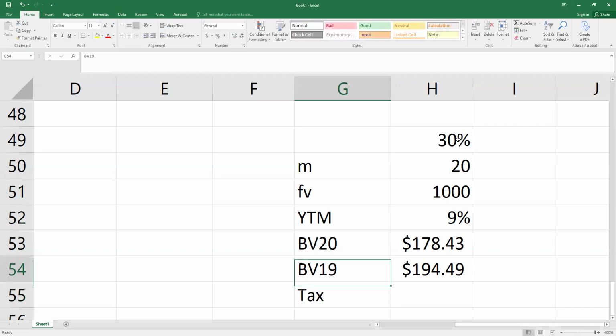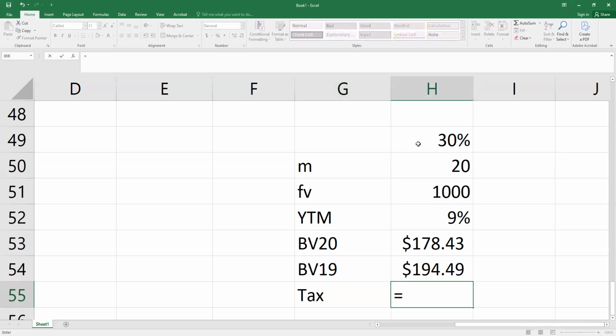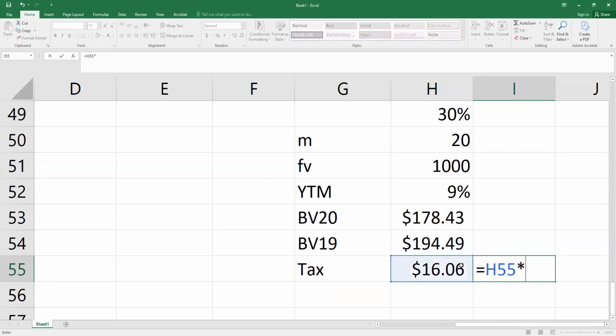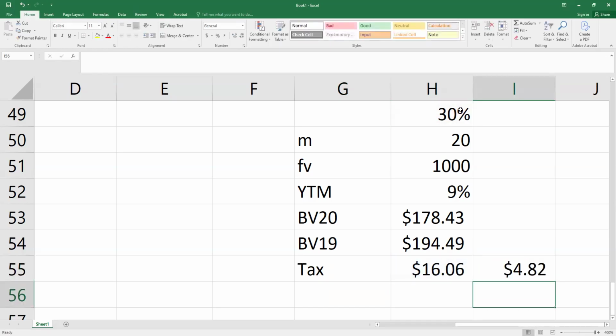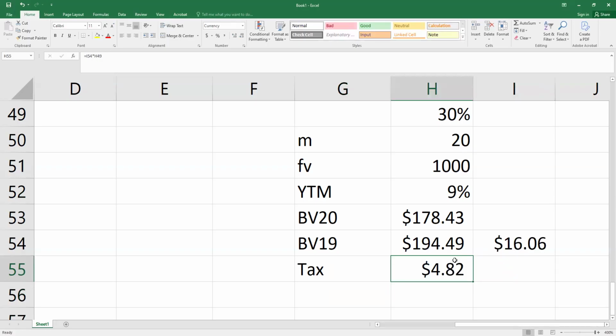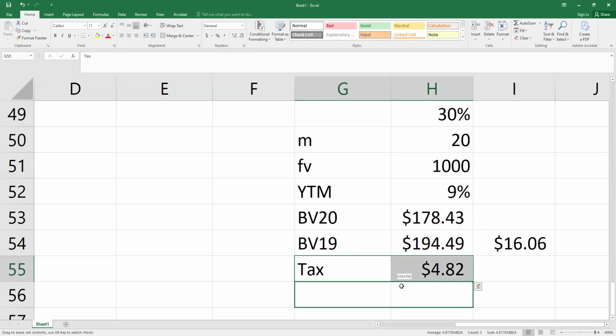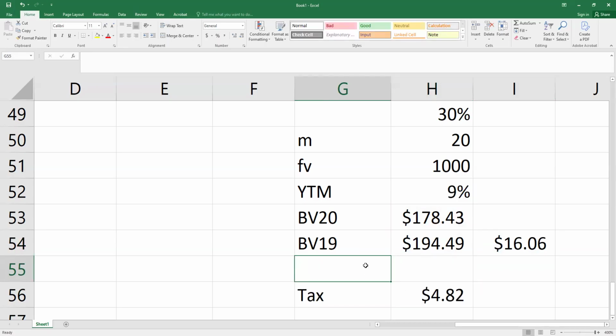Tax is basically this minus this, and your tax amount will be this. So your net profit is basically